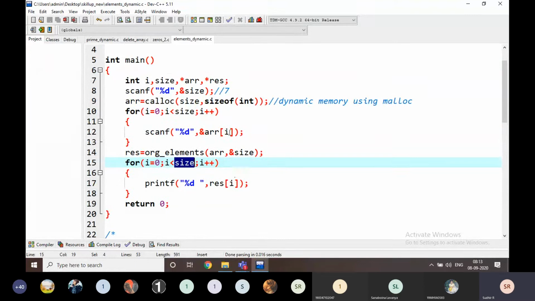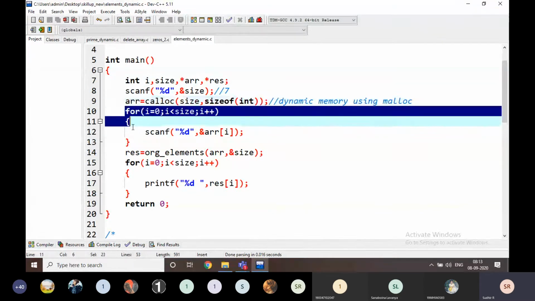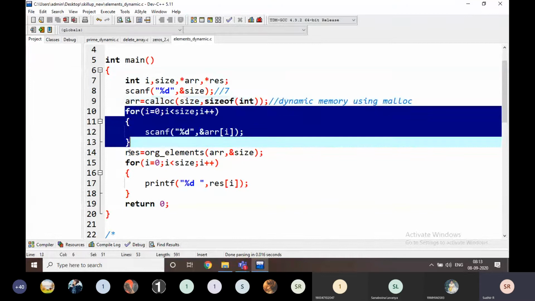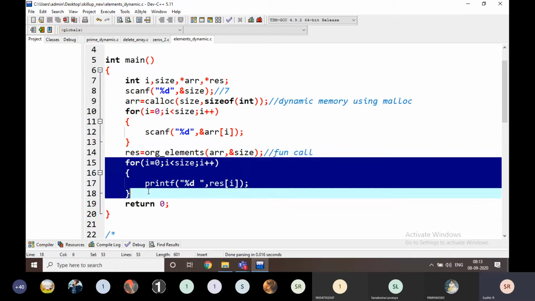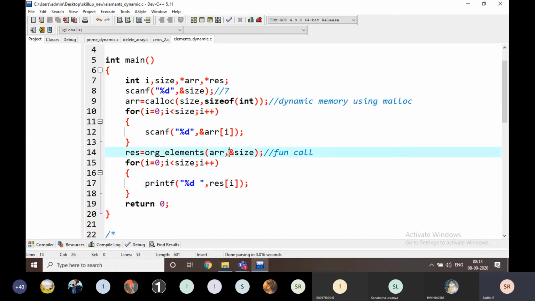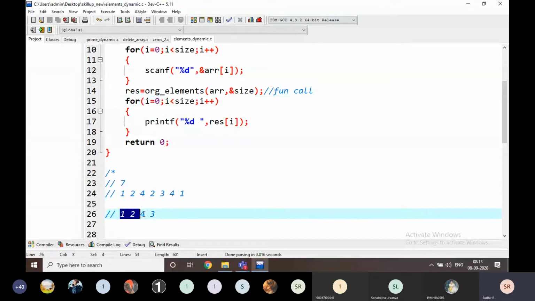Okay, this is the main function, everyone. Is it clear, everyone, how I'm writing the main function? I am going to read the size of the array and I am going to allocate the memory locations based on the size, and I am going to read the array values and call the function, and I am going to print the result. And why am I passing size as address? Because the result is going to be placed on the size. The size is going to vary from original elements to this one. That's why I am going to change it here.